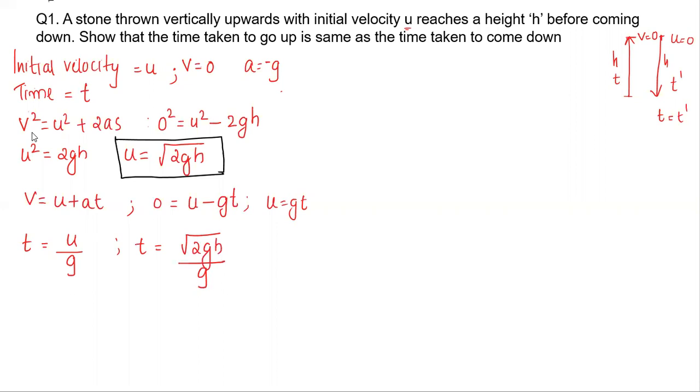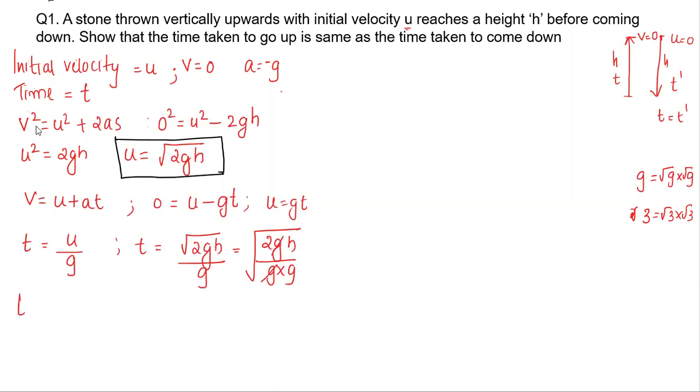Clear? Now here one g is there, but it is in the root, and in the denominator g is not in the root. But we can write g in terms of root as root g into root g. You have solved sums in maths, that is, 3 is equal to root 3 into root 3. Same like that, g we can write as root g into root g. So I'm going to write this in one root, that is root of 2gh upon g into g. This g and this g will get cancelled.